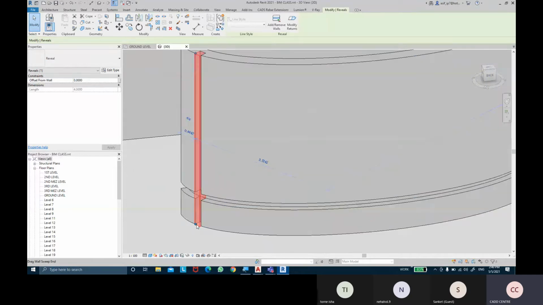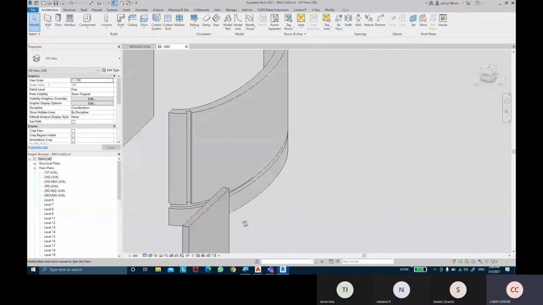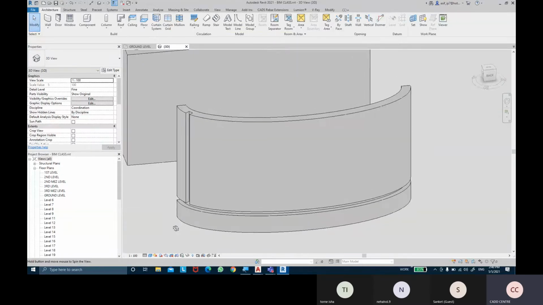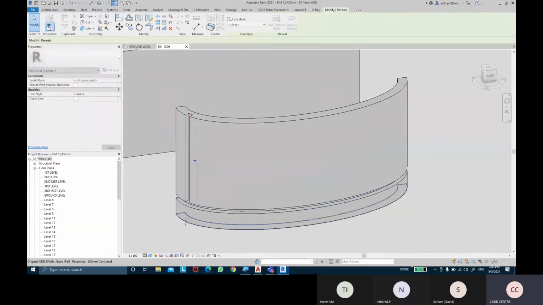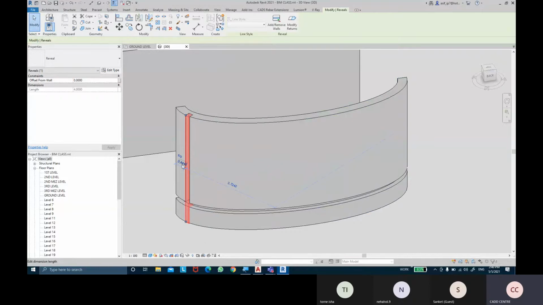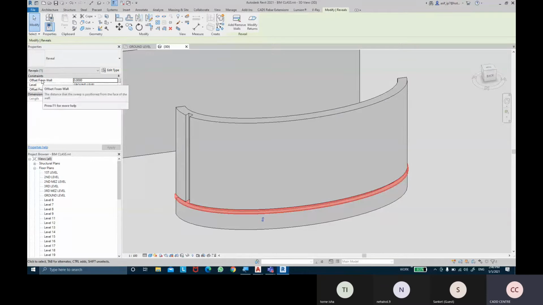Now there is a drag point at the bottom as well. If I drag this all the way from here to here, and here we go, it changes the pattern of the reveal. So from where you want to start and where you want to end it, you can simply select it, drag this pointer, and decide it. So that's reveal length.